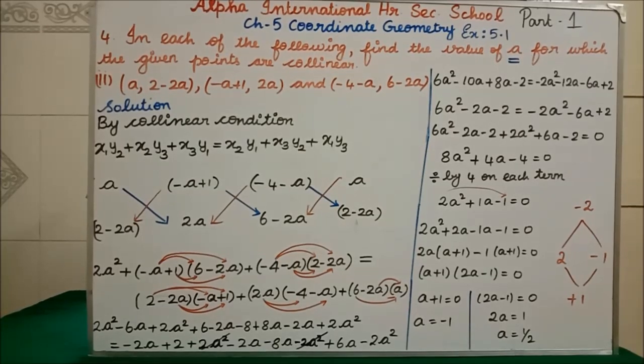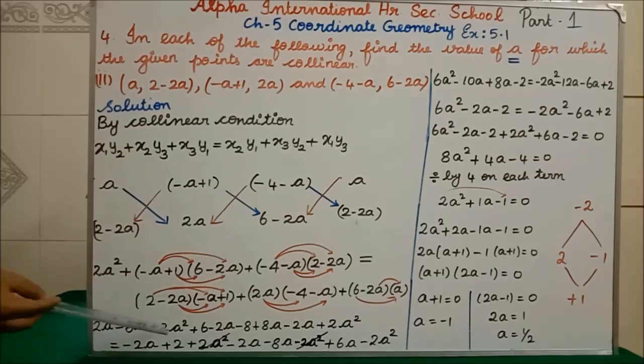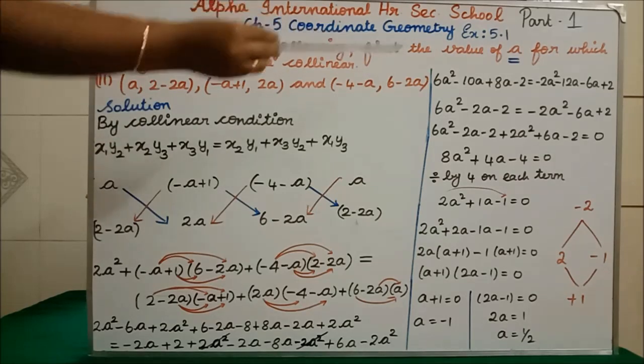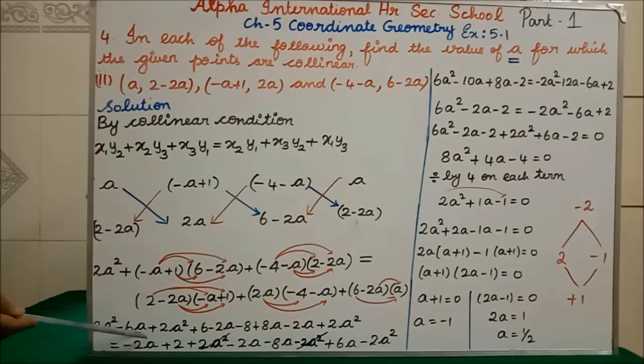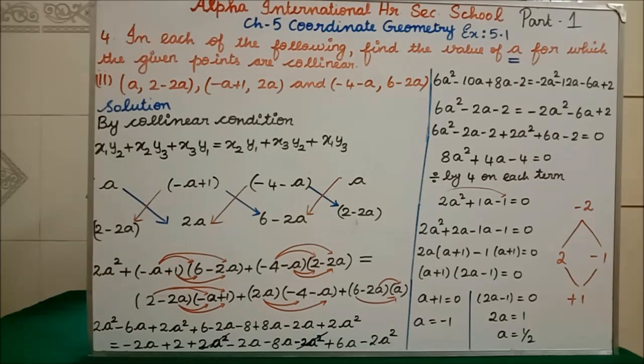See now, here we are having plus 2a square and minus 2a square will get cancelled. Isn't it? Here plus 2a square and there we have minus 2a square, so they will get cancelled. Remaining we are going to see. Here 2a square, where another 2a square is there here. 2a square plus 2a square is what? 4a square. In that same row we are having another 2a square here. So 2a square plus 2a square plus 2a square is what? 2 plus 2 plus 2 is 6a square. So I have written there 6a square. Okay. Minus 6a minus 2a plus 8a minus 2a. So first what you are going to do is, we have finished a square.